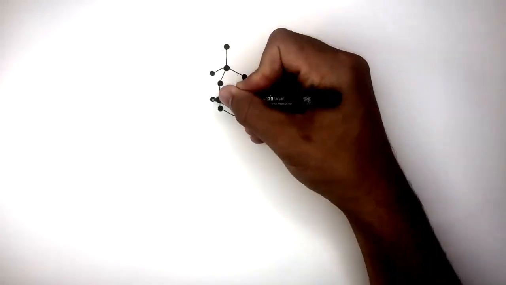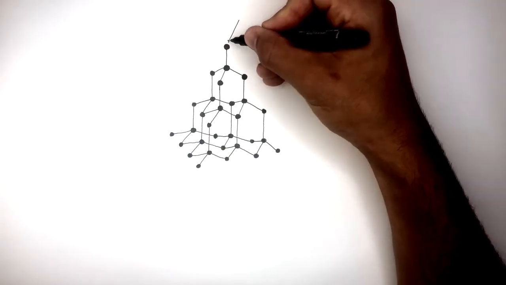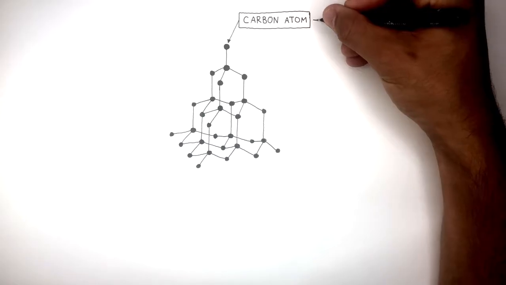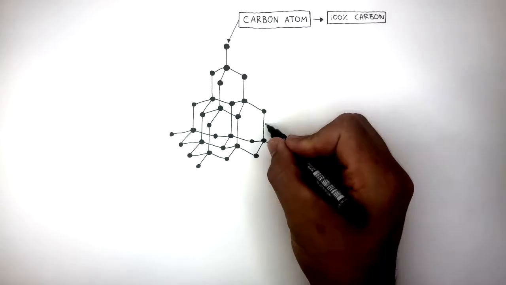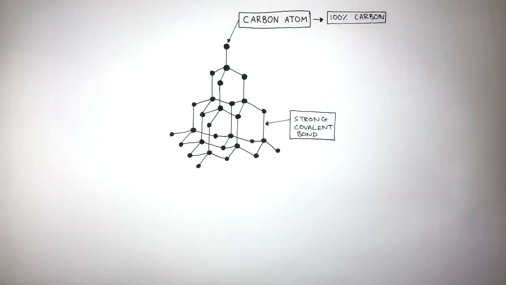Here I'm using the ball and stick model to show the structure of diamond. These black circles represent carbon atoms, and because there are only carbon atoms, diamond is made of 100% carbon. This line represents a strong covalent bond, and we can see there are many strong covalent bonds holding the carbon